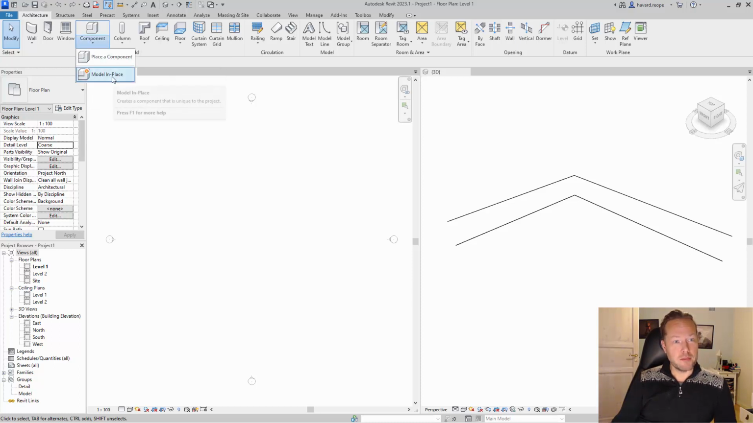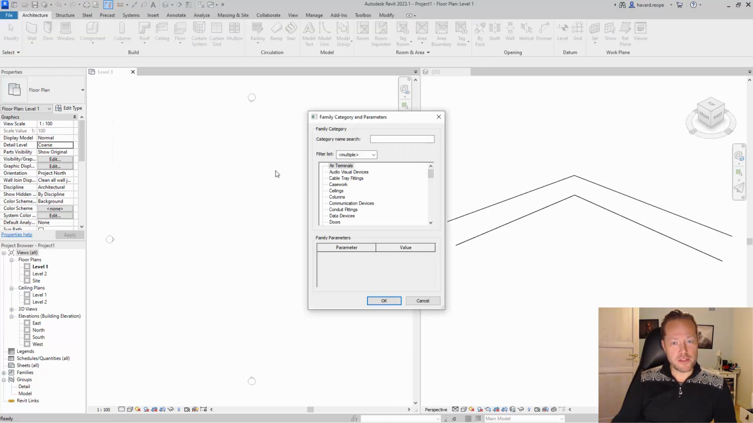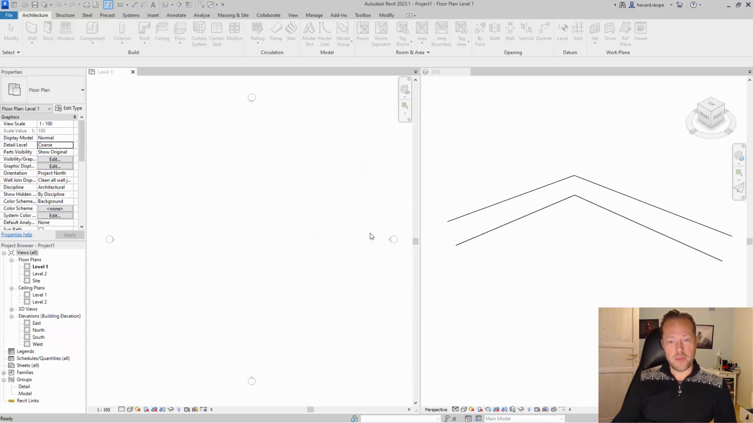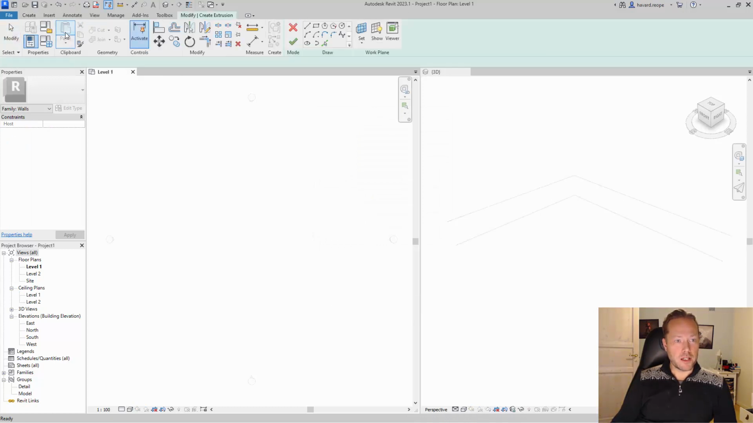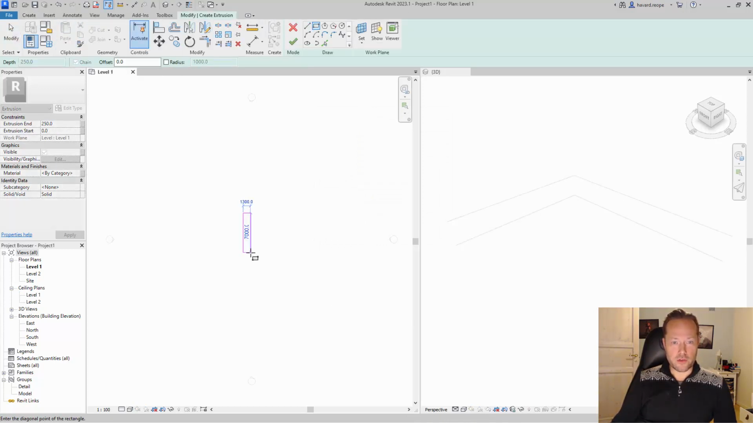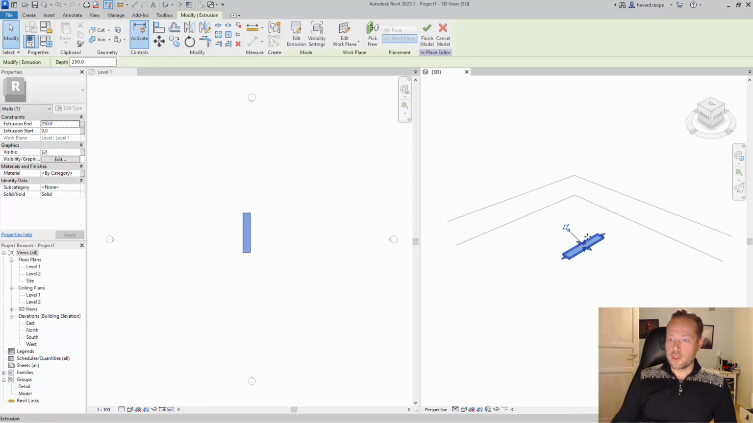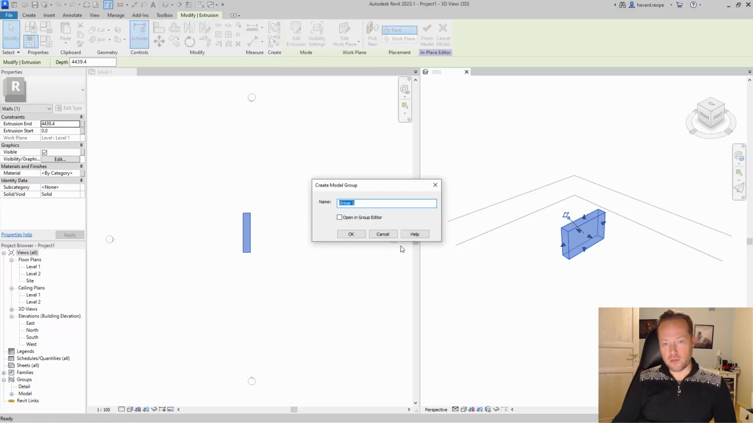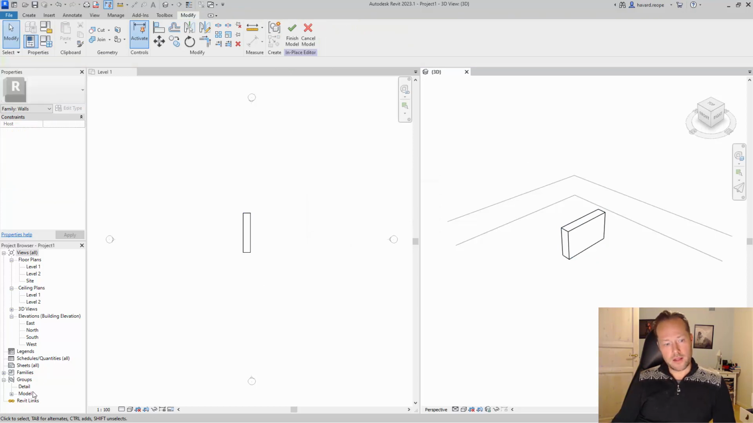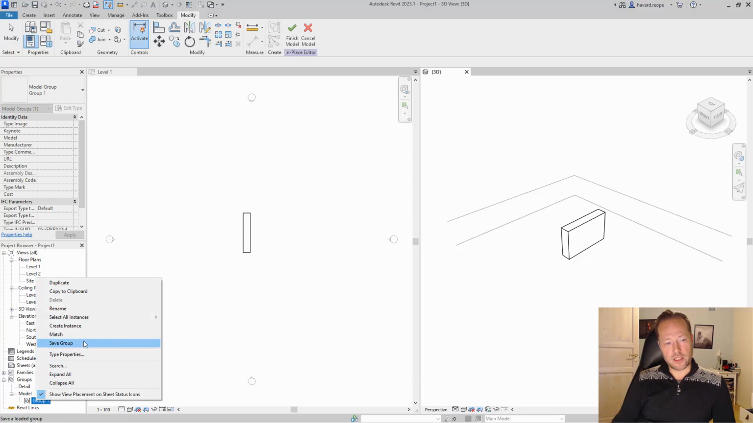You make an in-place family, model in place, choose the category that you want. This is not something you can change in the future, so beware. If you want a wall family, choose walls, give it a name, and then create some kind of geometry, for instance an extrusion. I'm going to pull it up a little bit like this, and then before exiting the in-place family editor, you're going to select the geometry and then create a group out of it, give it a group name, and then open the project browser, find the group, right click, save group